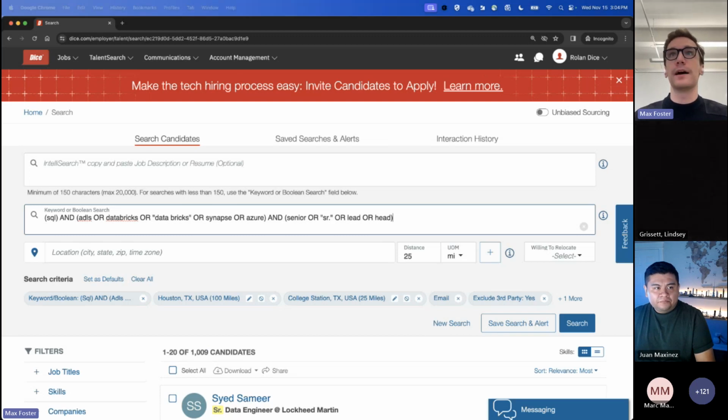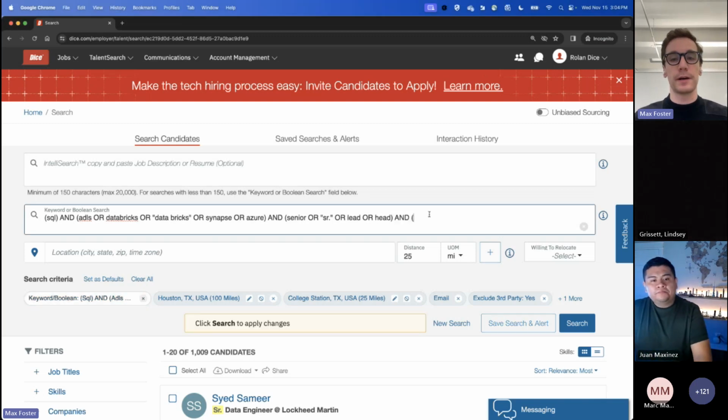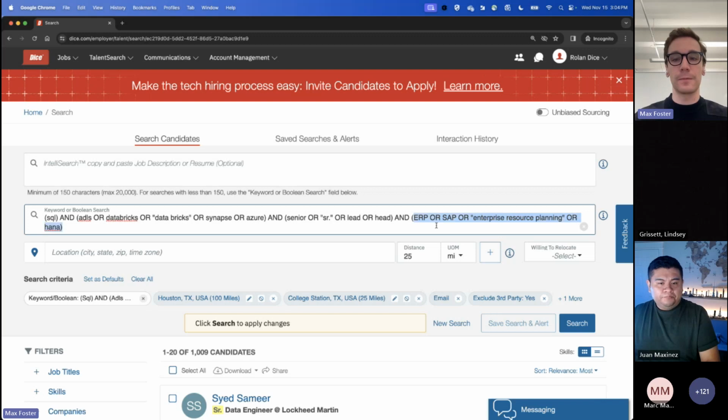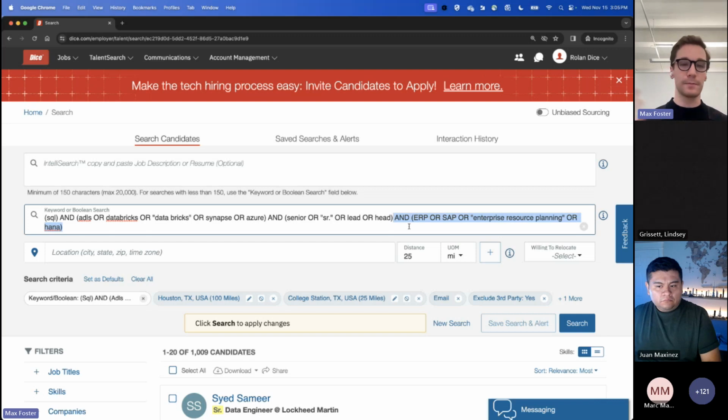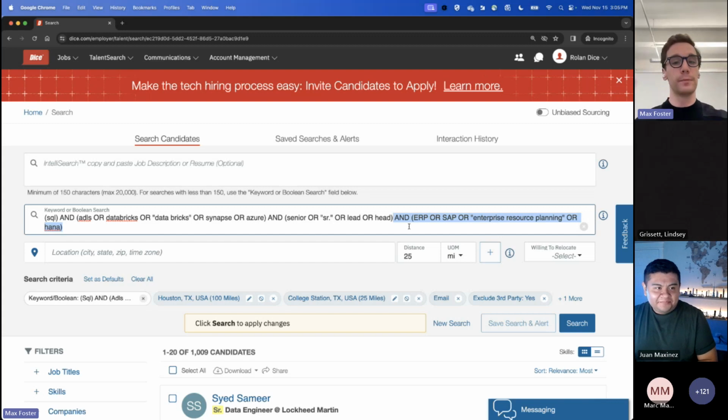Okay. I do have one other thing here in that job description. There was a portion about some software in there, ERP software, so enterprise resource planning. So I've just copied and pasted that down here. And everybody, that's one of the best parts about Boolean: you can copy and paste them from system to system, from team member to team member. So if you don't already have a giant Word doc or sticky note on your laptop or computer of all your favorite Booleans, I highly encourage you to do so. We will be sending out Dice's favorite Booleans, which is a massive chart of all our favorite Booleans. We'll be sending that out after this as well.